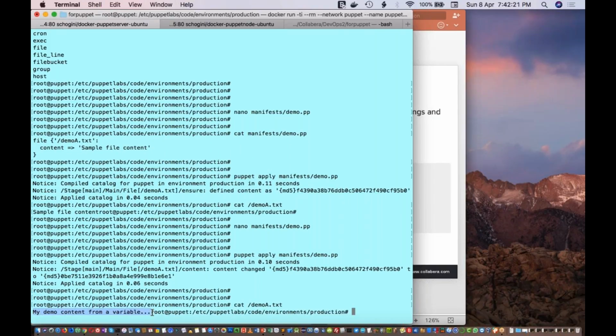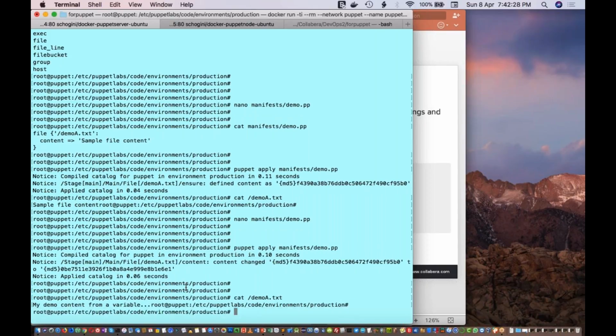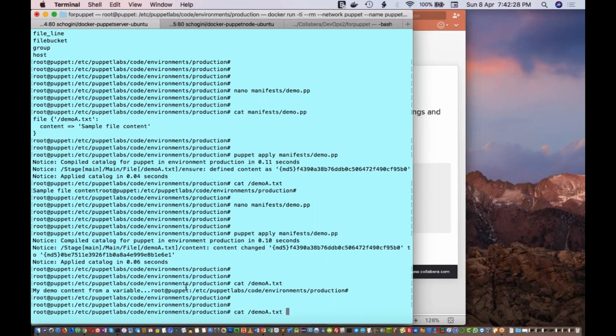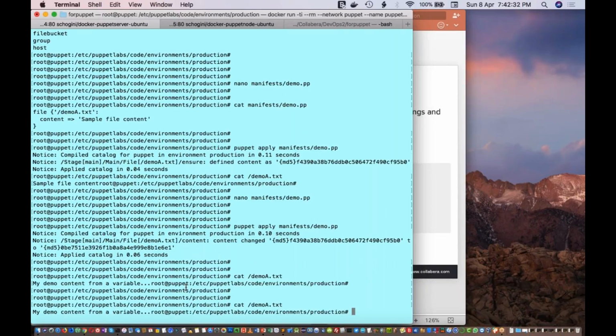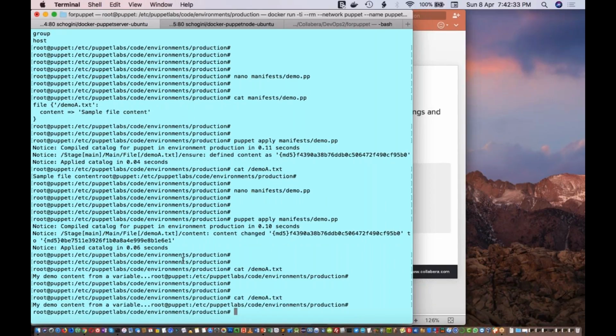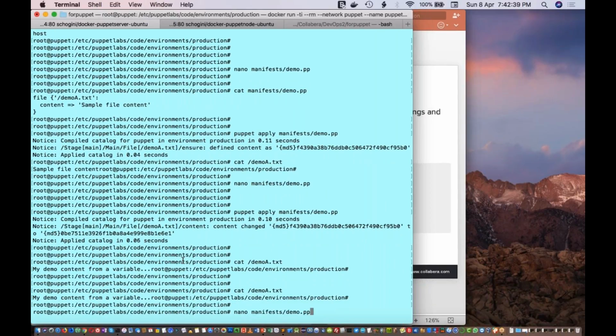Because we have changed the resource, right? We have changed the manifest file and we have specified that this file should be present and this file's content should be this one. So instead of directly giving those values, you'll be able to use the variables as well. Khyadi is asking, but Puppet is idempotent, how can we change it? See, Khyadi, Puppet is idempotent, but we have changed the content.